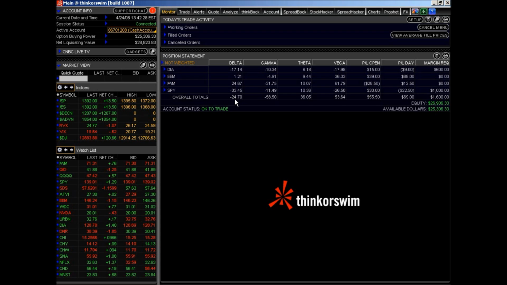The 25 level that we're currently at for delta, I would consider to be a fairly neutral position. I like to be slightly long delta in this environment because the market is going up, but our slight negative position is not going to harm our position that bad to warrant an adjustment. Our Vega position at a positive 53